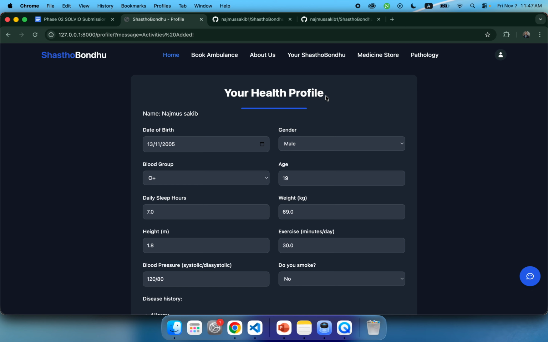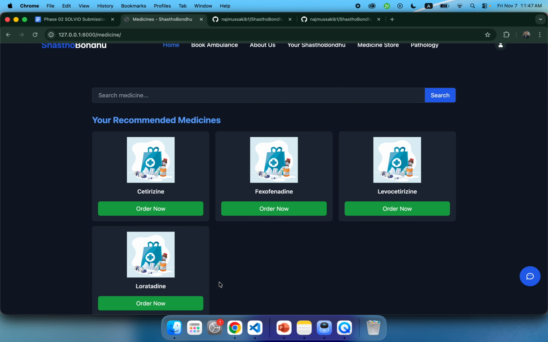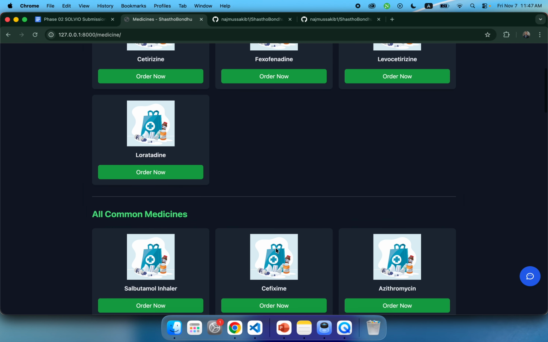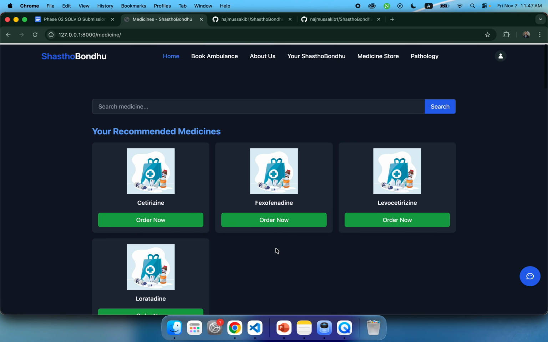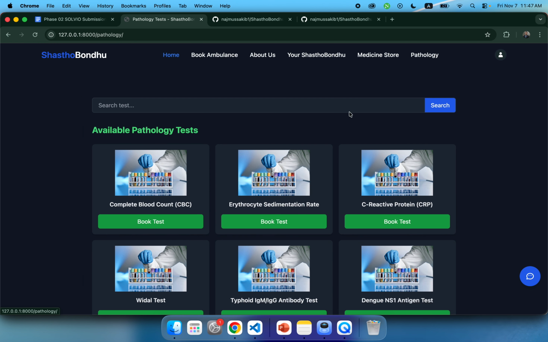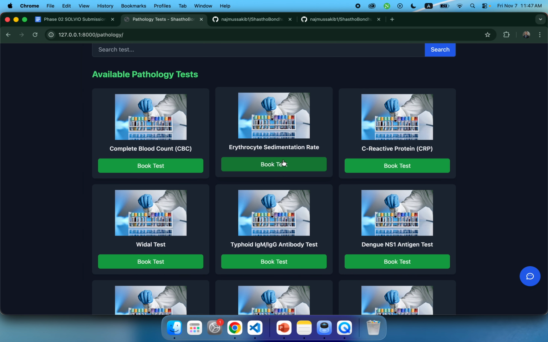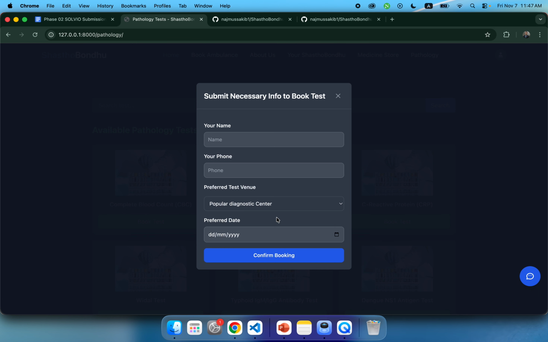Also, there is a medicine store which will be recommending medicines according to our disease history, and also there is a all medicine sections collected from various pharmaceutical websites. We also can search medicine from here, order medicine from here. There is a pathology section which is suggesting us some common tests. We also can book tests from here, such as